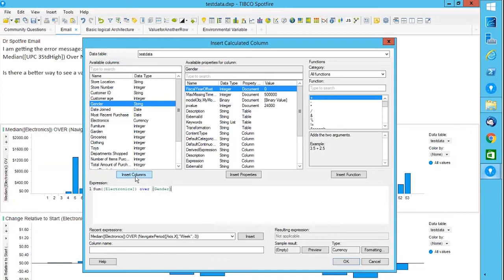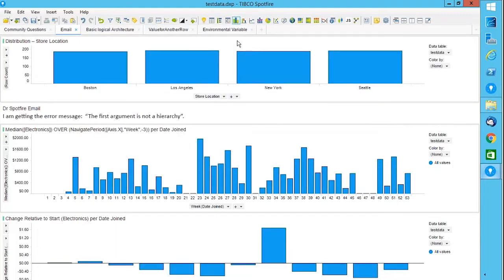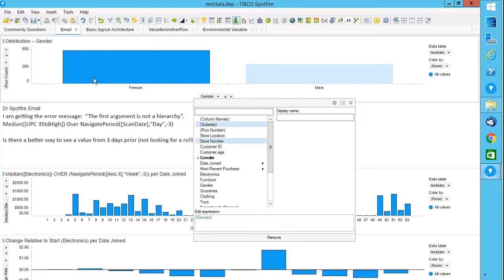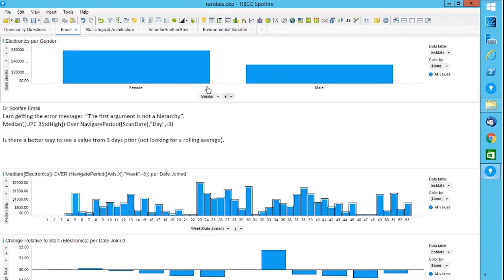That's the way over is expected to work in a calculated column. Whereas in a custom expression, that grouping of data is already done by plot properties. So if I create a visualization, I say, give me gender. So what I'm looking at is if I'm looking at electronics purchases, this is already done by a plot property called X. So it's some electronics